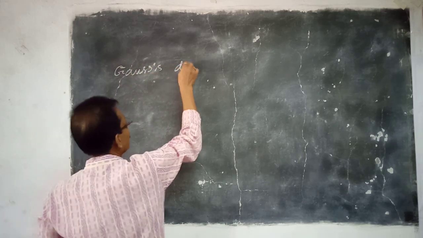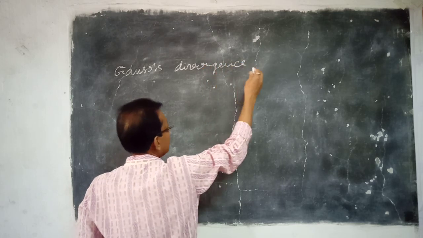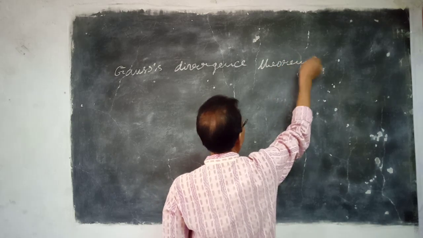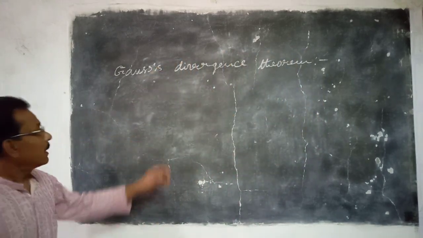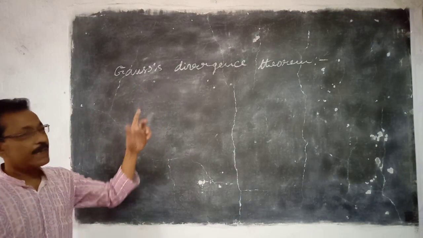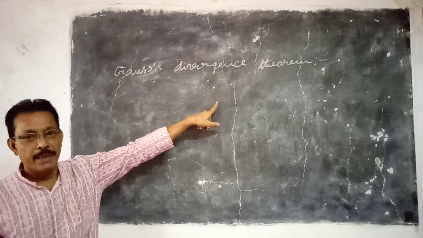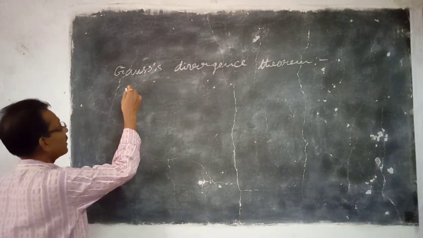Gauss's divergence theorem. What does it tell? The Gauss's divergence theorem relates a closed surface integral to a volume integral. Now the statement of the Gauss's theorem is that